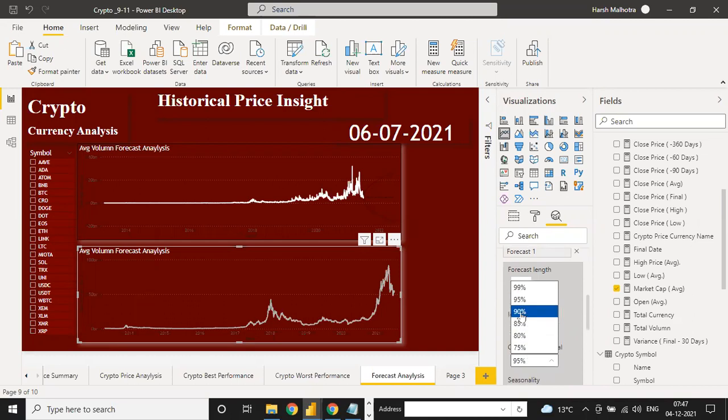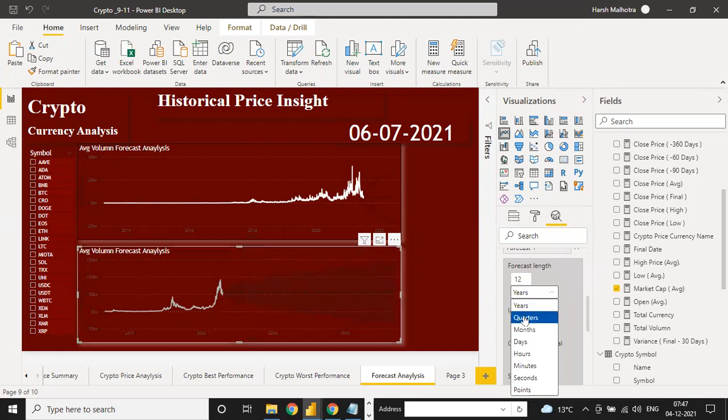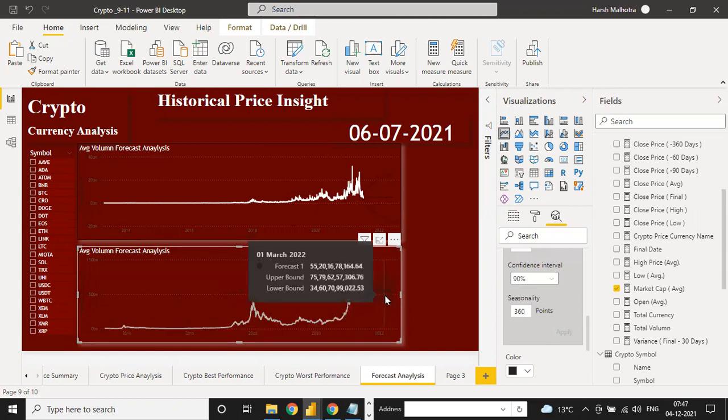See, right now if I change into 90 and 360 and just apply, it is complete 1 year, but it should be 90%. 90% means this value, 12 years. It's 12 year wise data. Sorry, instead of month, I can select years.